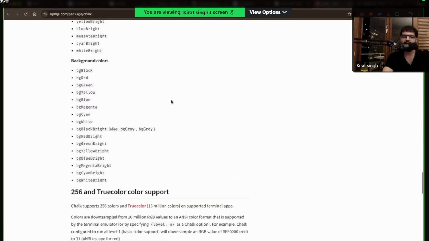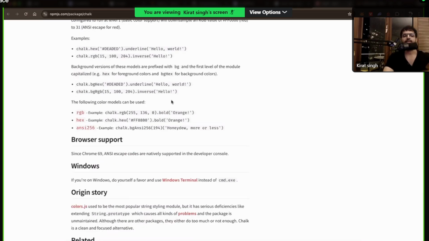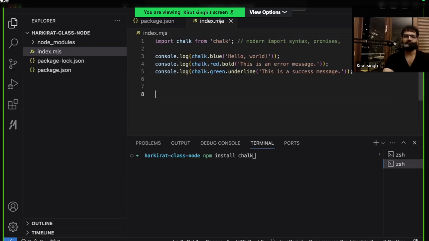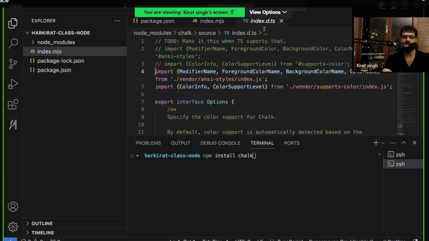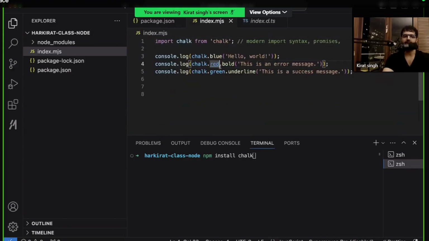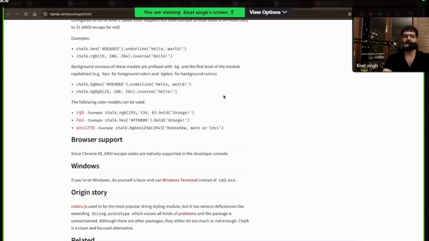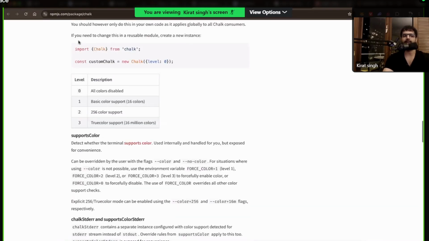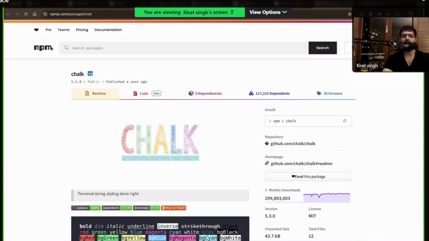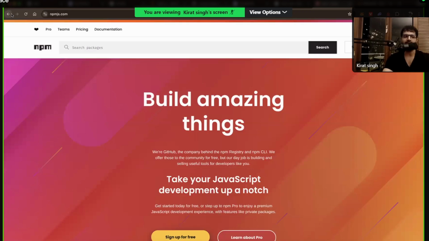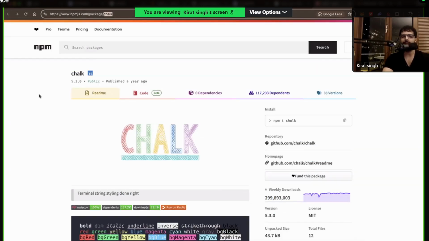Most of the important functions will be listed over here. If they are not, then there are other ways to figure out what this library does specifically. You can go through the library code base and try to read through all the functions. But most of the important functions will be given on this page of this library. This npm registry has thousands, probably millions, of libraries. Chalk is one of many libraries that exists over here.